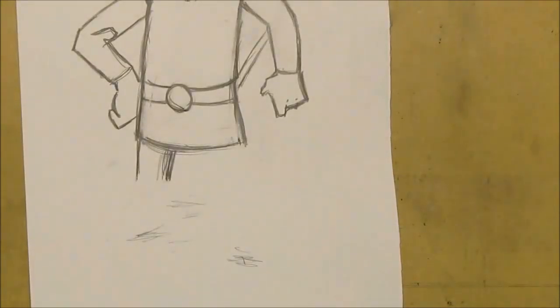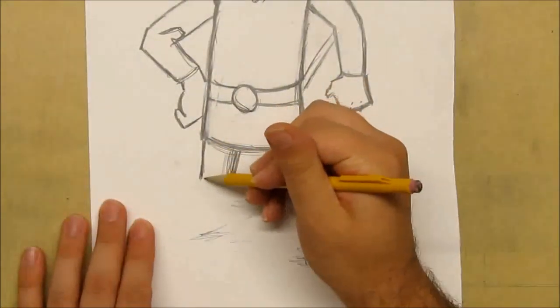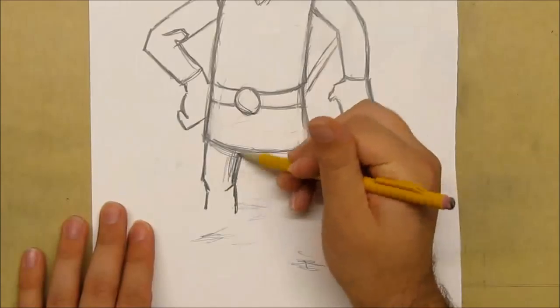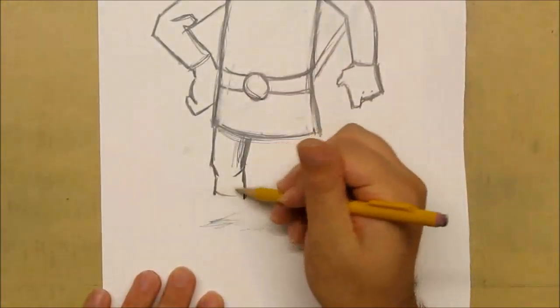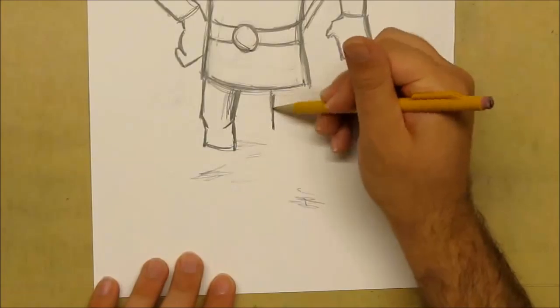So real quickly, let's finish up with the feet. The feet are simple. You just got little boots, and this foot kind of comes out, comes in, and once again, these lines are great. You want to make a lot of lines just to show that effect from the video game, you know. So that leg is about that long, and then this leg comes out a little further,